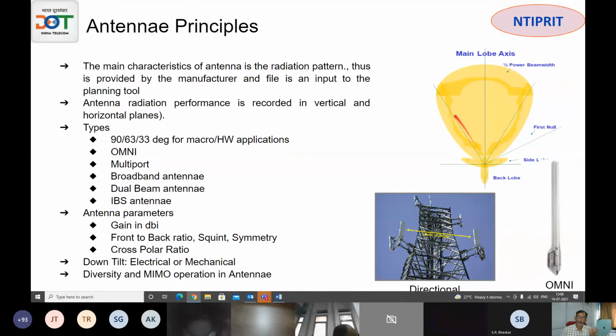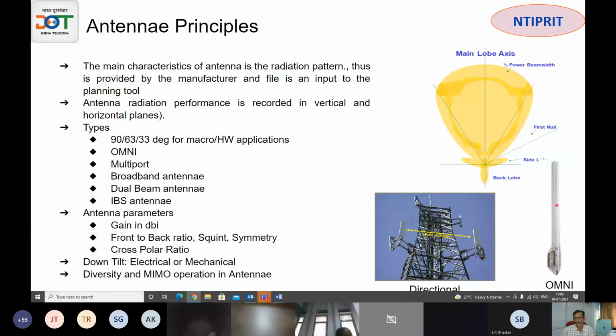So then what you may do, you may have a 4-sector site, you may have a 6-sector site, you can have 6 sectors of 33 degree. Because you are making an investment in one tower, how to make maximum use and get maximum returns out of that. If good traffic is there in that particular village or tier 3 town, you can think of adding even 6 sectors of 33-degree antenna to a site. So then you have gain as well as fewer nulls in between. And 33-degree is also useful for highway applications, where capacity is not that much required.